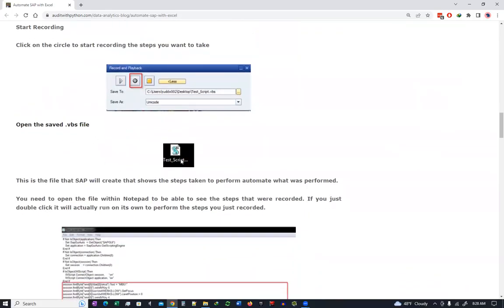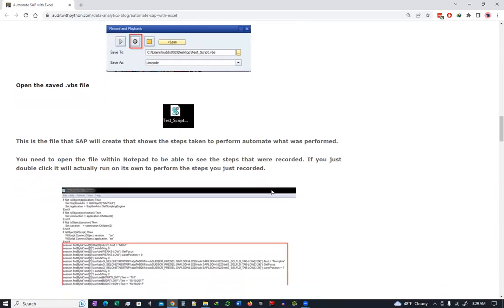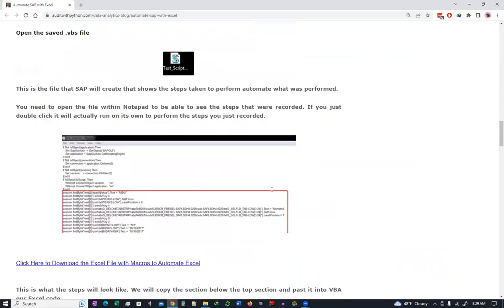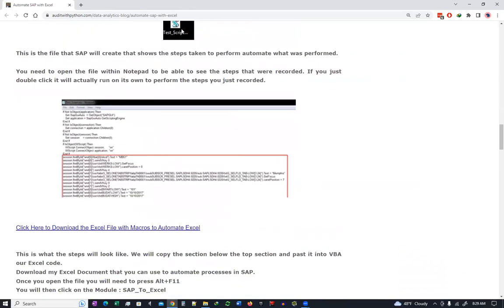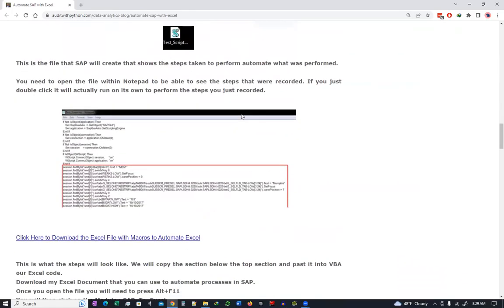It's going to save a file that looks a lot like this on your computer, wherever you've told it to save or wherever it's saved it to. And then if you double click on it, it's just going to run and it'll basically redo all the things you just did manually, which is fine, but you probably don't want that. We'll want to take it and potentially manipulate it. So you're going to open it in Notepad, right? You'll just right click on it and say open in Notepad,